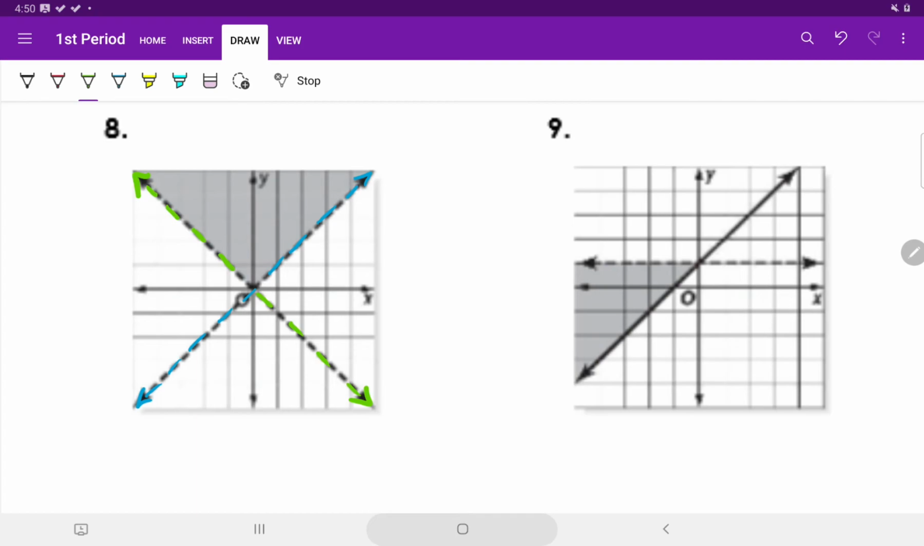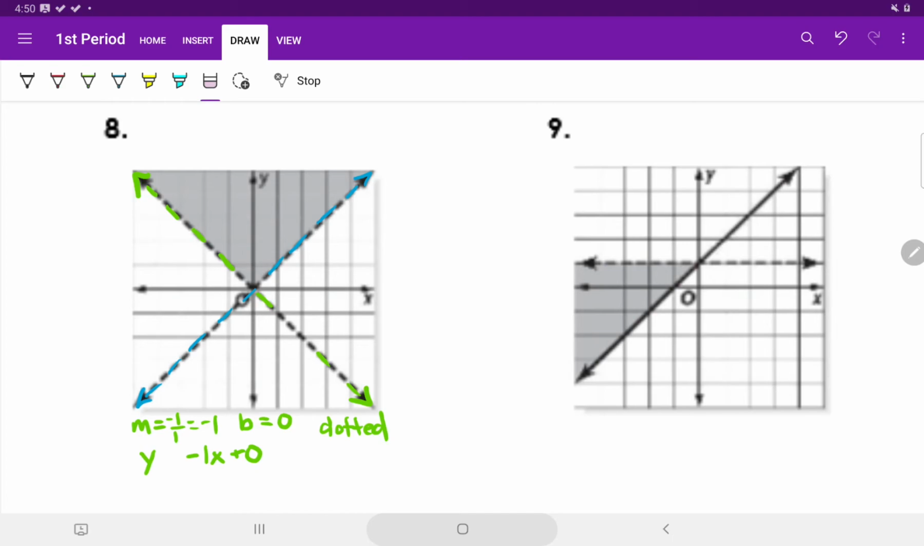Okay, so for our green line, we have an M and a B. Our M is negative 1 over 1, so a rise of negative 1 over 1, which just gives us negative 1. And then the y-intercept goes through the point 0. So this would be y is equal to negative 1x plus 0. But instead of an equal to symbol, we've got a dotted line,